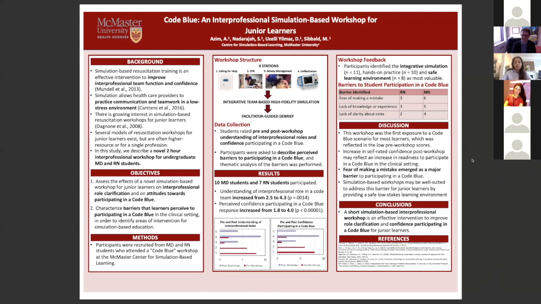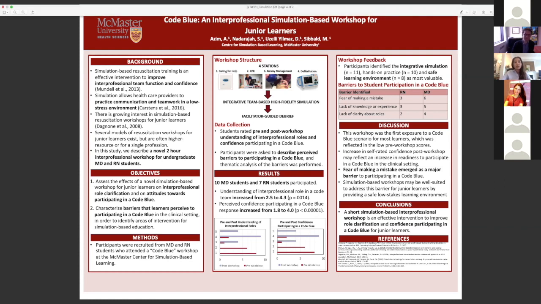And several models of workshops do exist for junior learners, but these are often uniprofessional, so just for medical students as part of their curriculum, or for nursing students, or are higher resource, requiring a lot of faculty investment and time, or longitudinal workshops that are run alongside a clinical rotation. So in this study, we describe a novel, single 2-hour interprofessional workshop for undergraduate medical and nursing students, designed with